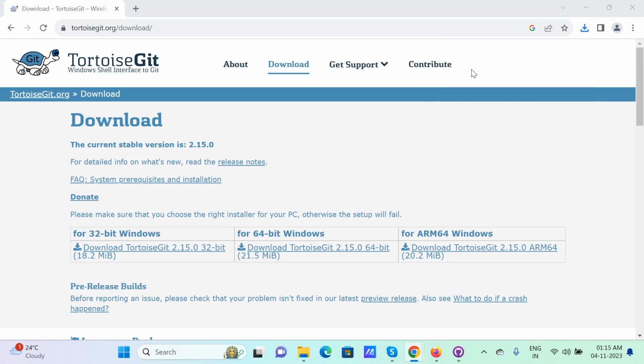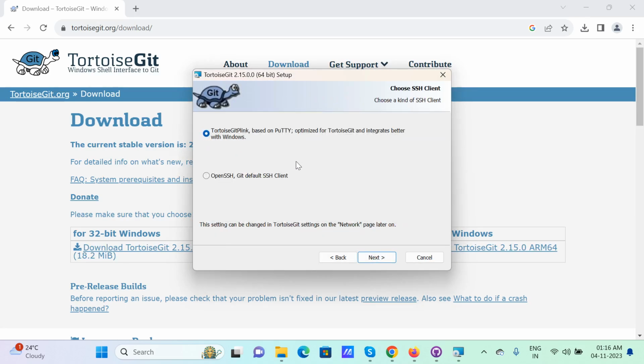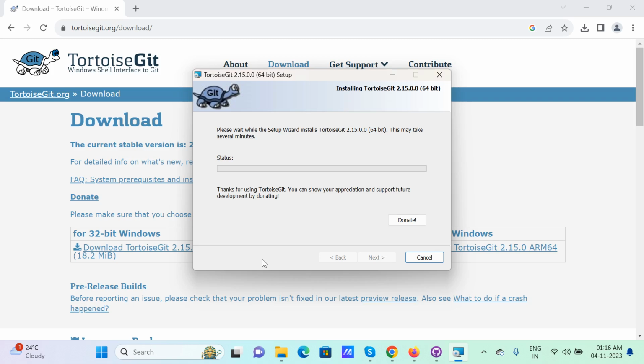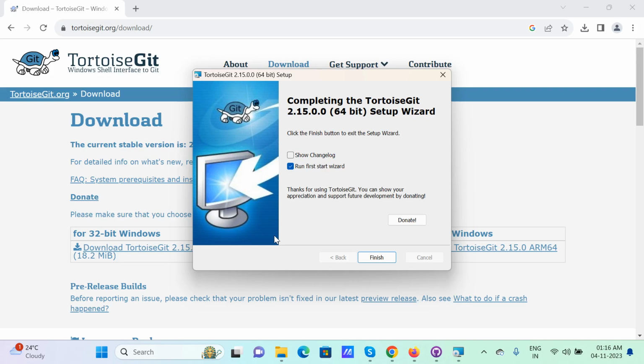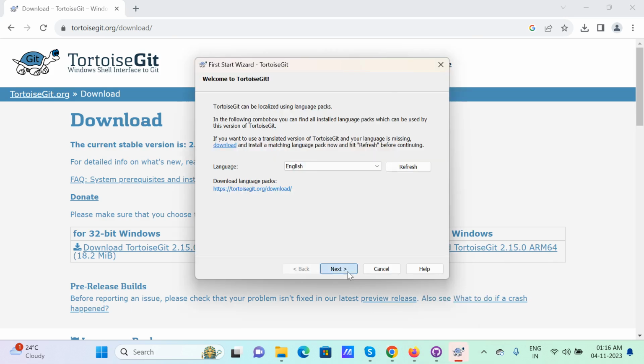Let me open it. Okay, next. TortoiseGit default. It is actually installed in C Program Files TortoiseGit. Okay, so it's actually installed here. First run the wizard. Next, next,